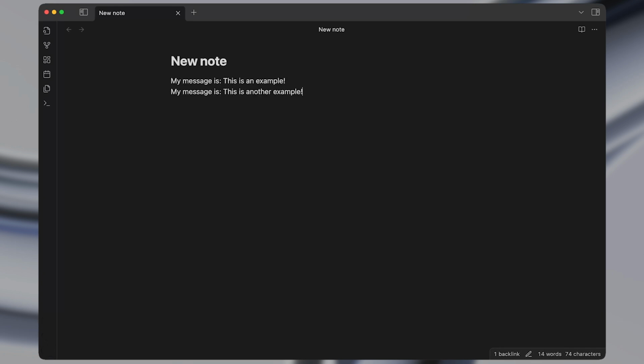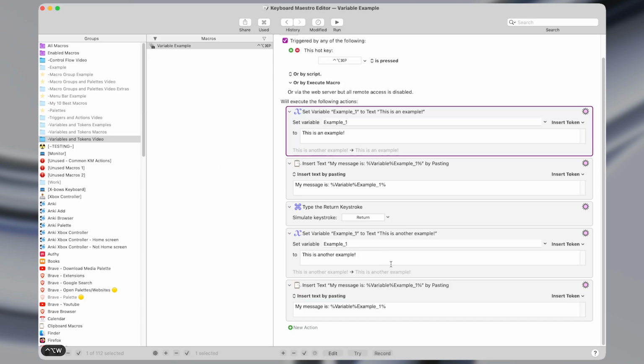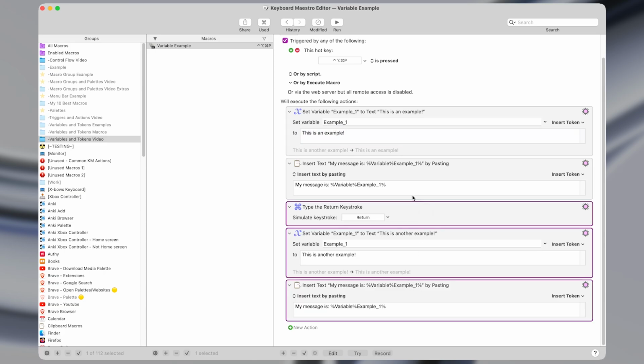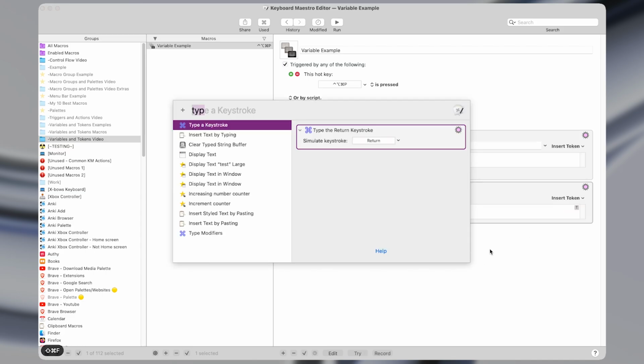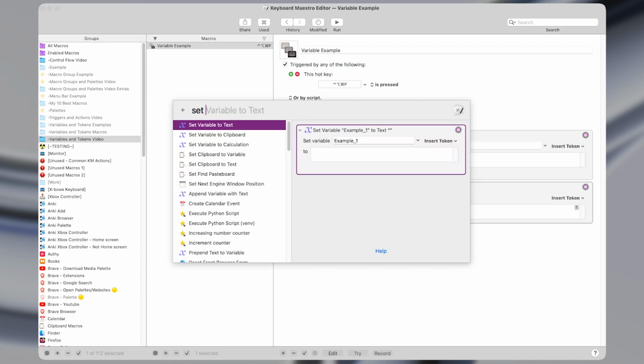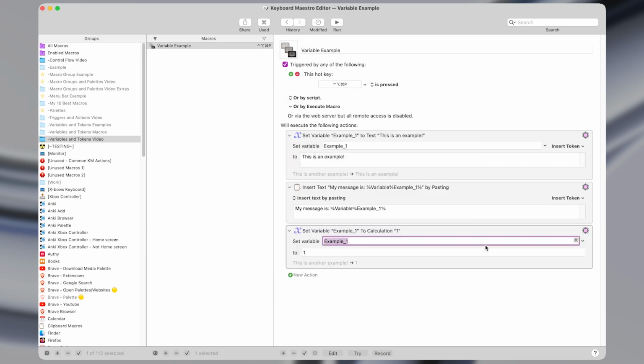and we can see it works as expected. So a variable is just a way of storing some plain text that we can use later, either in the same macro or in another macro. I'll show what it will look like to use it in another macro momentarily, but first I want to talk about a third type of field, the third and final type of fields in Keyboard Maestro, which is the calculation field. So to demonstrate this, I'm going to use the action set variable to calculation,